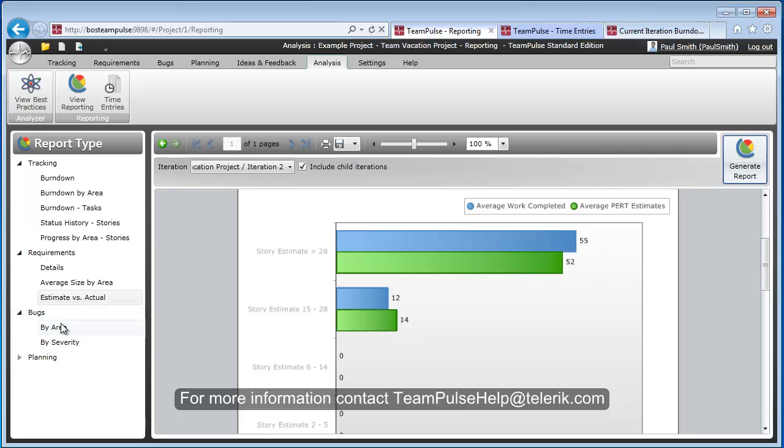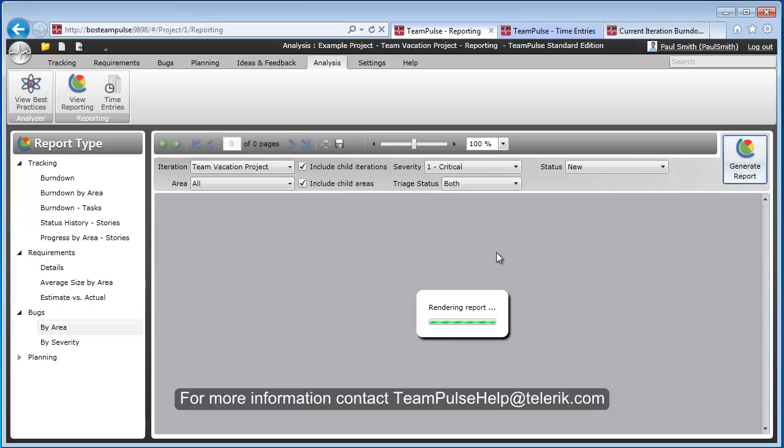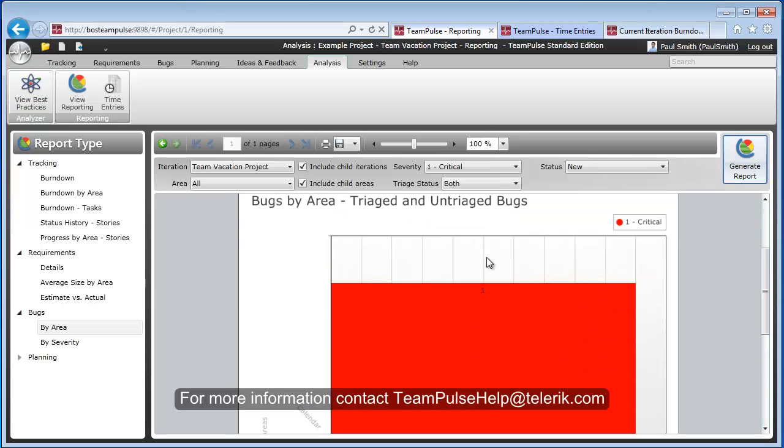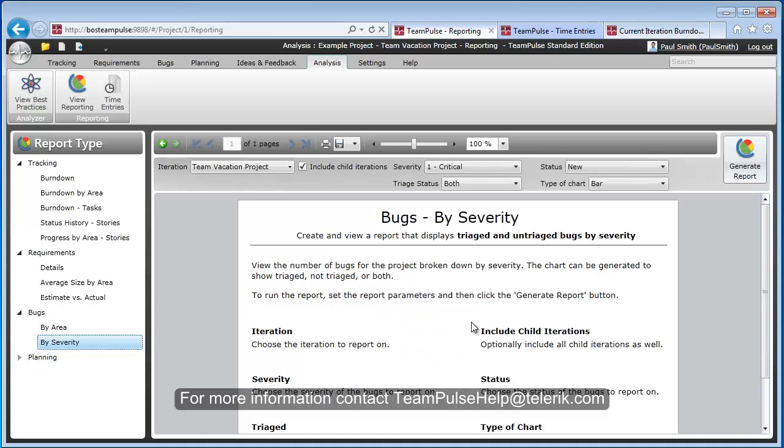Bug reports allow us to run bugs by area, allowing you to quickly spot which of the areas inside of TeamPulse have the most bugs,